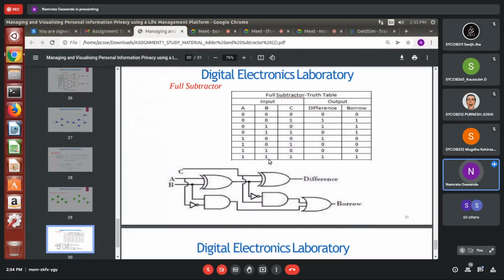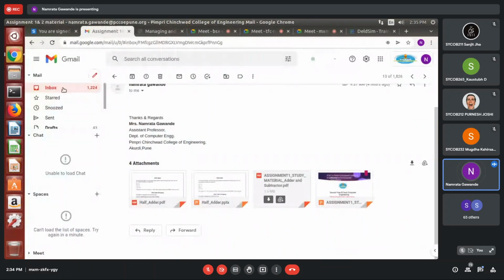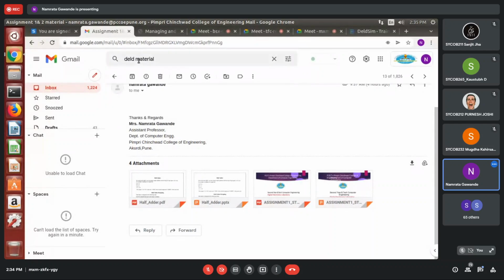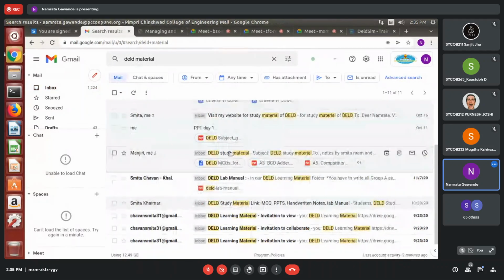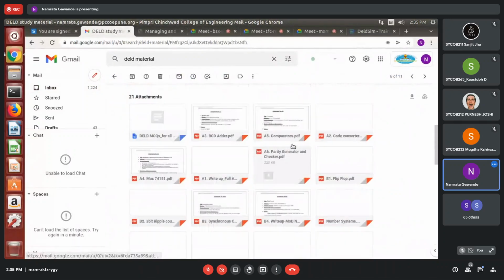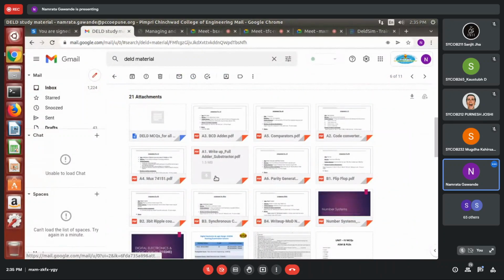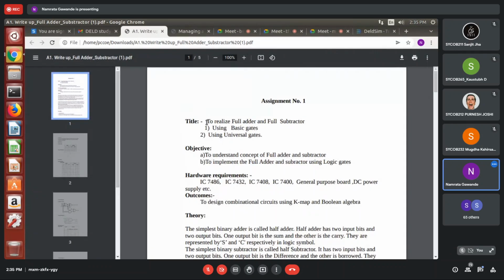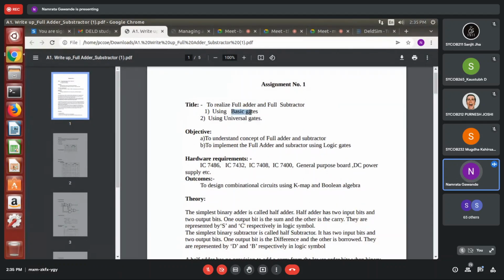Compulsory assignment 1 is what? Assignment 1. Let me show you assignment 1. Just wait. To realize full adder and full subtractor, basic gate, universal gate.